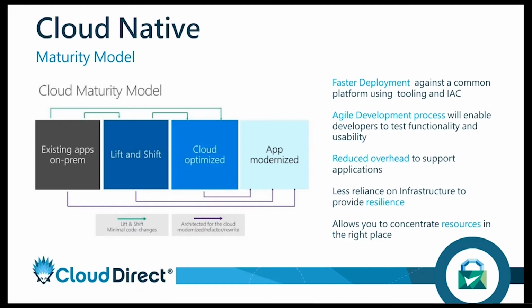And removing the reliance on infrastructure. If a disk fails or a component fails, a network goes down, why does that mean a service is unavailable? That's not acceptable in this day and age. We have the tools there, we have the platforms there, we have the architectural models there. Let's leverage them. Let's build them into our applications, build them into our websites and services, so that we can mitigate any dependency on infrastructure failure. Because we all know, we've all been in the game long enough, infrastructure will fail at some point. Death and taxes, infrastructure will fail. And like we said, looking at concentrating our limited resources into the right place.